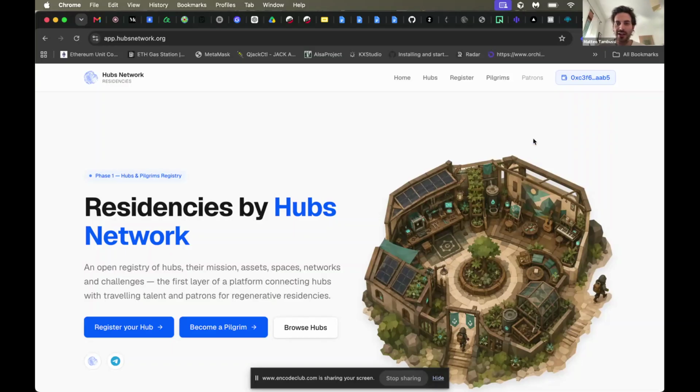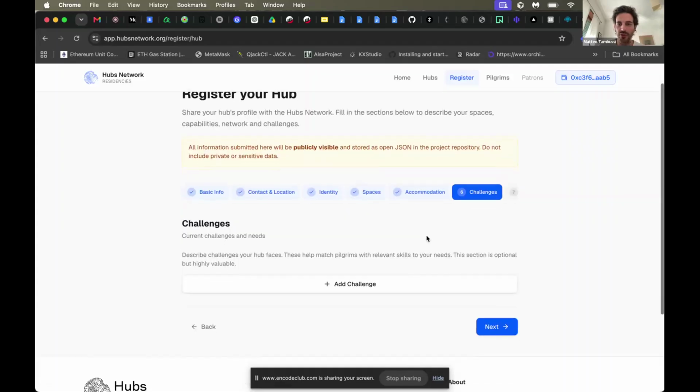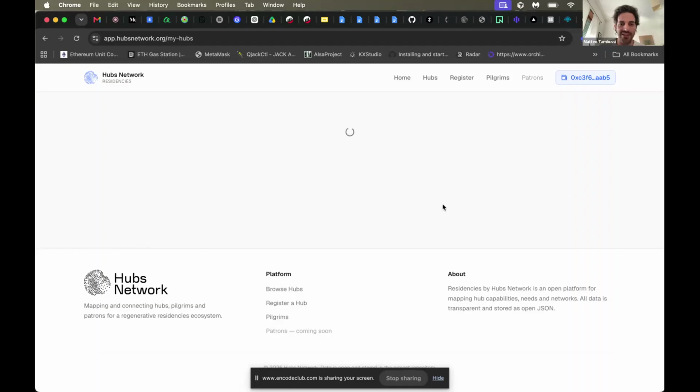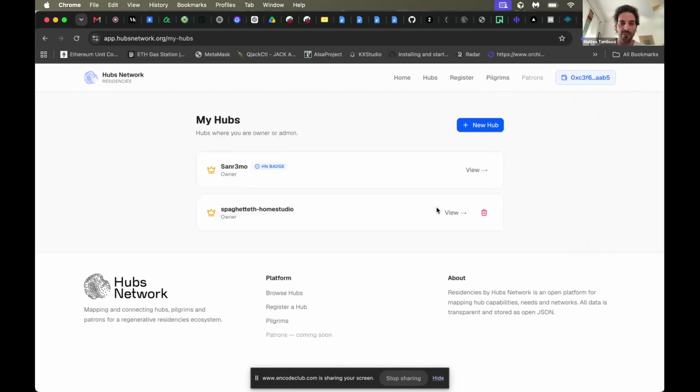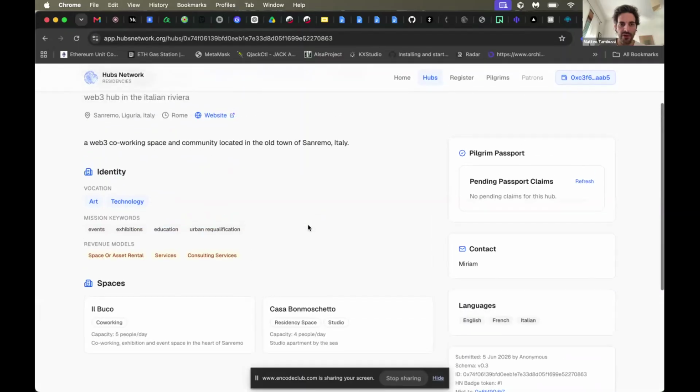How it works: when you register a hub, there's all sorts of information that you have to add, but what you end up with are hubs that are identified with a multi-sig, for example. So in this case, I have, where is it?